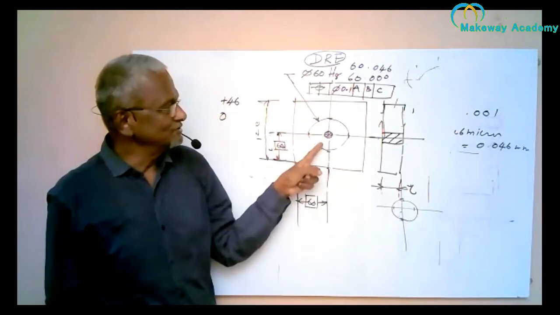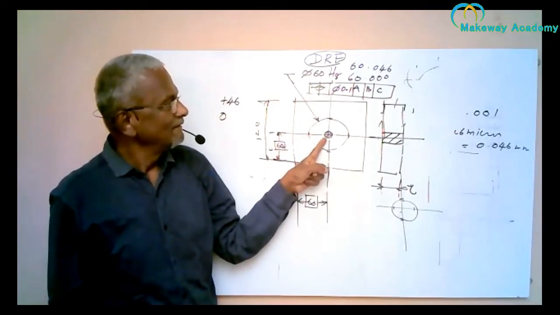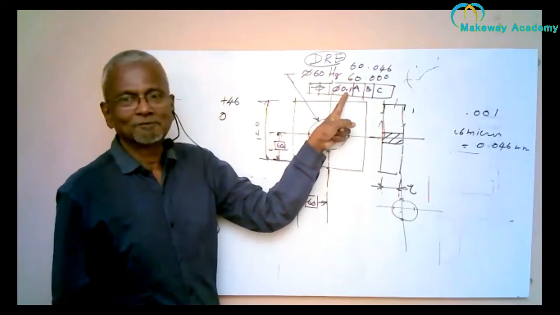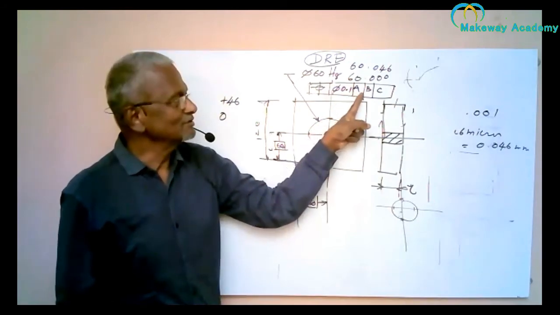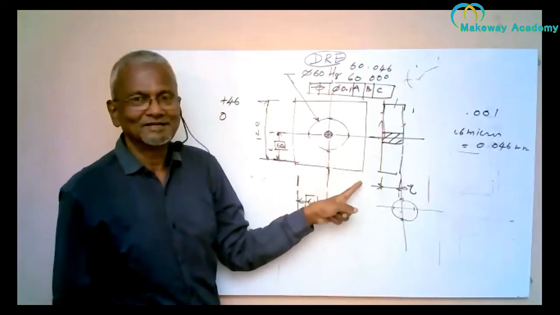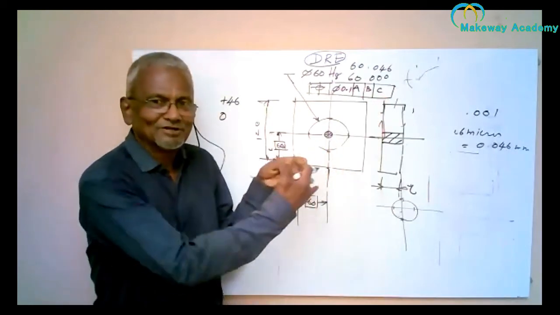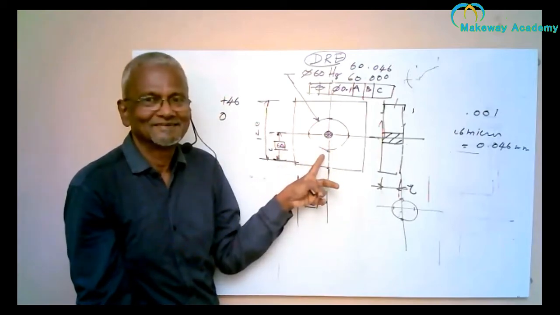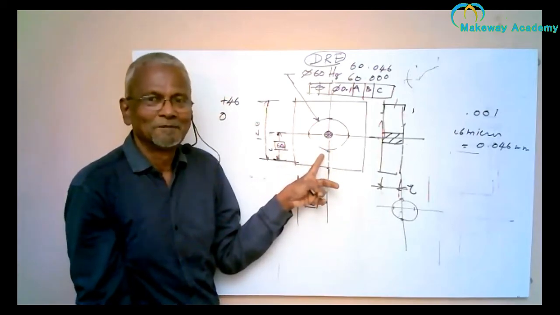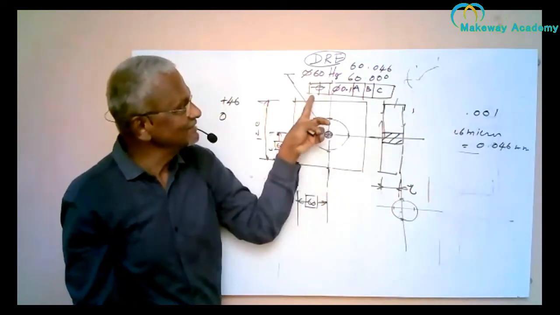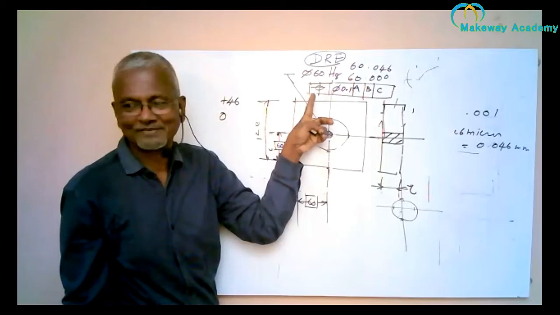So that is what it says: the hole is positioned in a cylindrical tolerance zone of 0.1 mm diameter with respect to datum A, B, and C. I have not shown the datums here. The datums are simulated using the surfaces of this part. The datum is perfect. Parts are imperfect. So how do you read this? This is called the feature control frame.